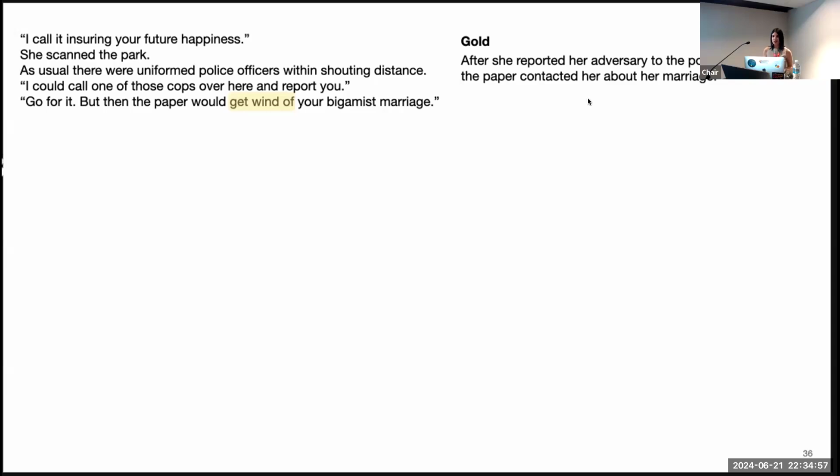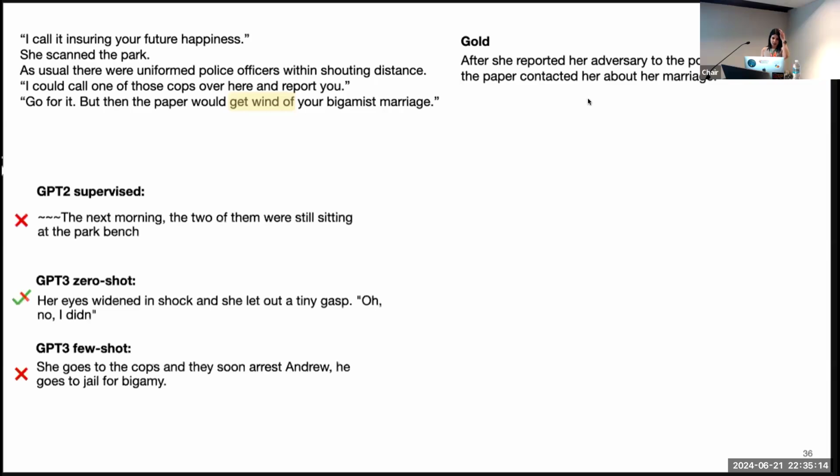And so the gold standard continuation was, and when I say gold standard again, this is human written, it's not the actual continuation of the narrative: "After she reported her adversary to the police, a reporter from the paper contacted her about her marriage." So that's good. For the older models, GPT-3 again started with this tilde for some reason, and then generated